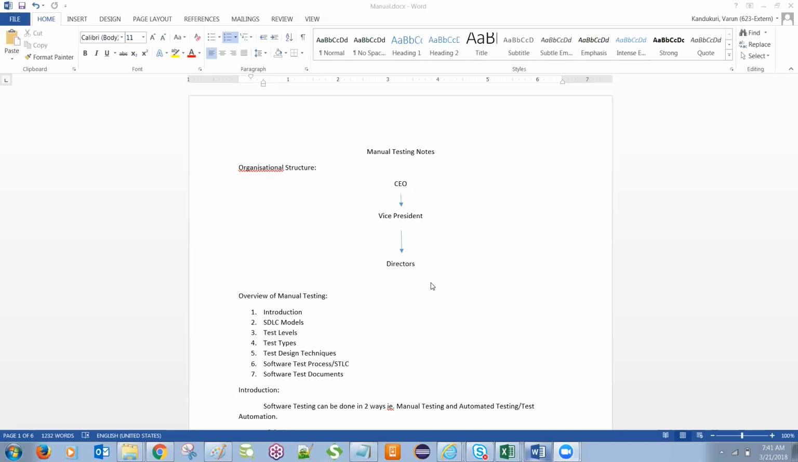Then the director will take care of what type of client he is. Then he will see if there is any other project already implemented in their organization which is similar to that requirement. Then he gathers all the information. Then he goes and meets the client, and he will explain about all his